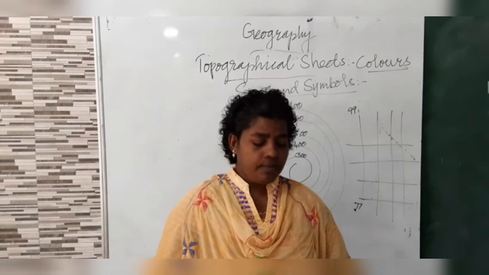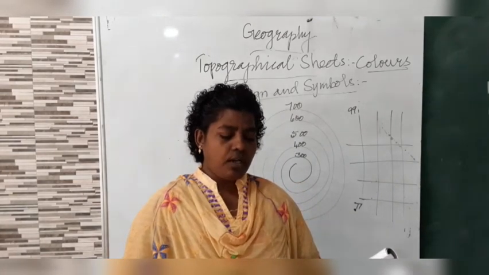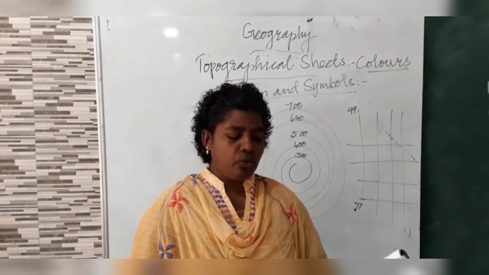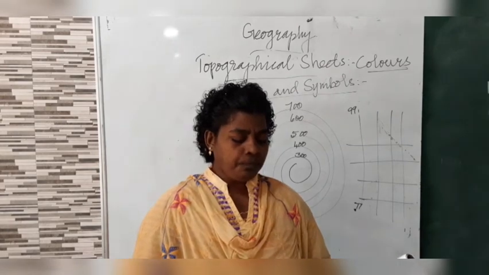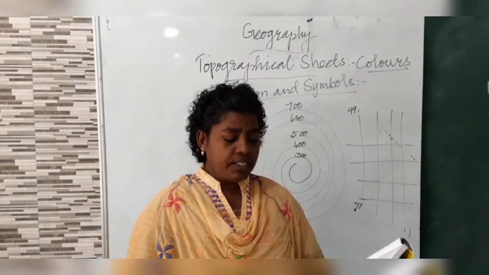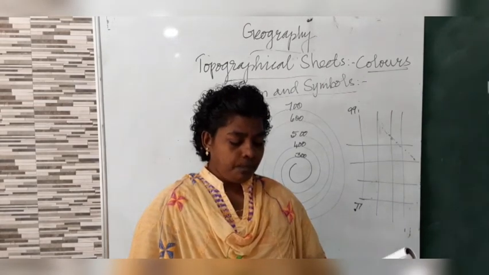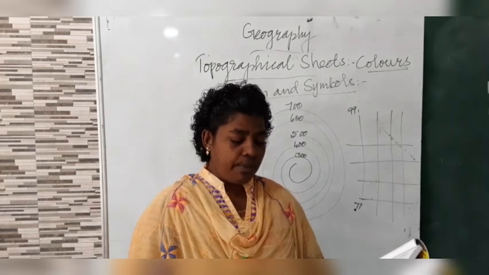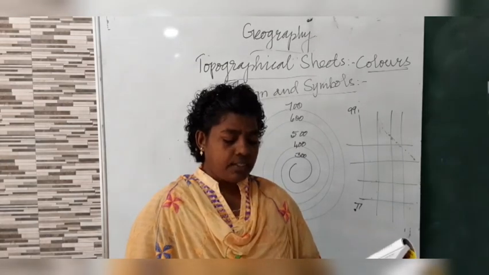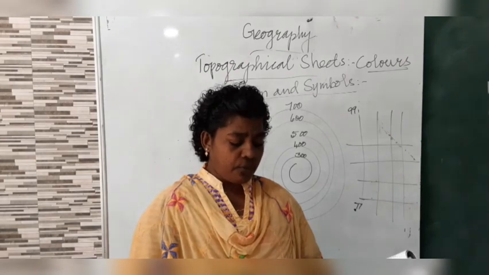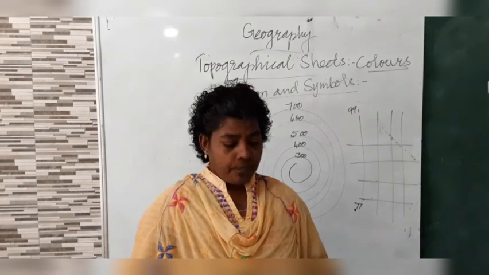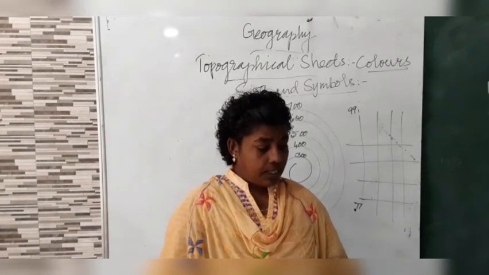Come to true or false. A distance between two tracks in broad gauge is 1 meter: false. A metal road is shown by 2 blue lines: false. A settlement can either be temporary or permanent: true. In a permanent settlement, houses are built for a short period of time: false. Terrace farming is undertaken on hilly slopes: true. Land use refers to the way a piece of land is used in the area: true.